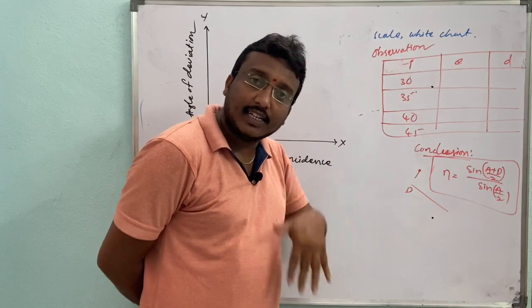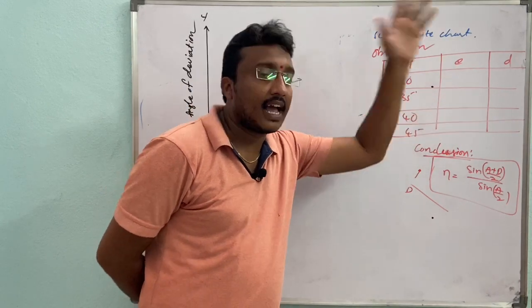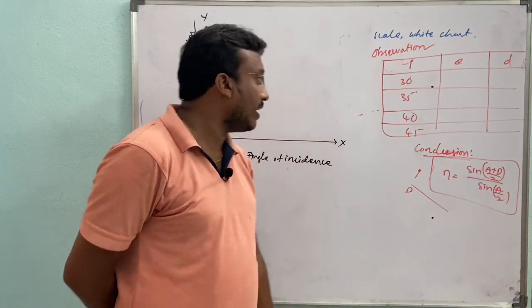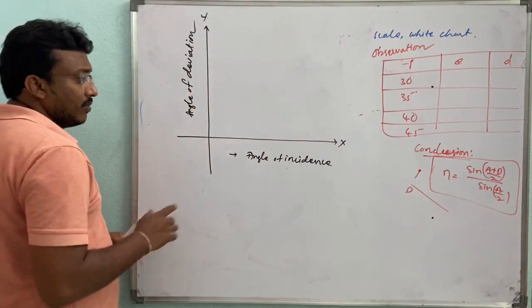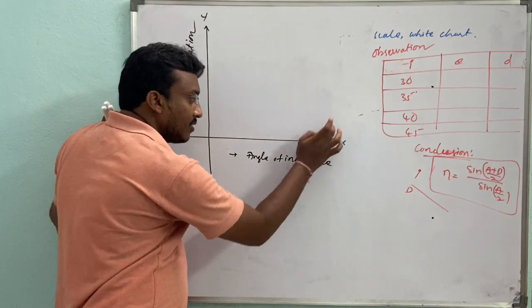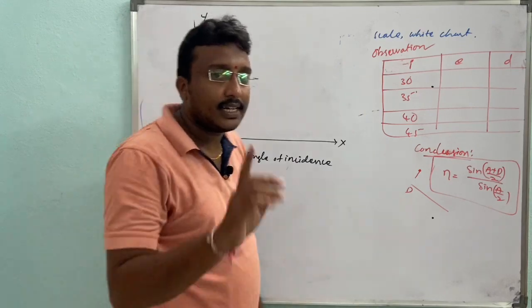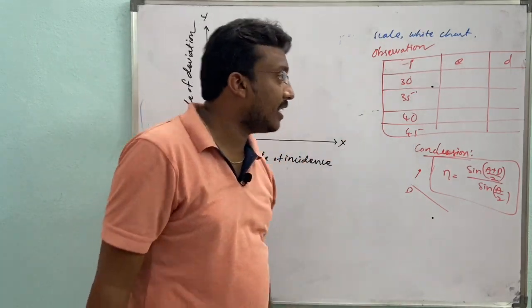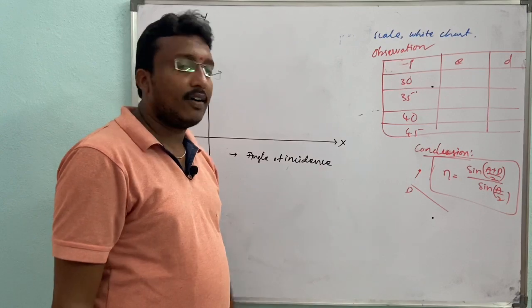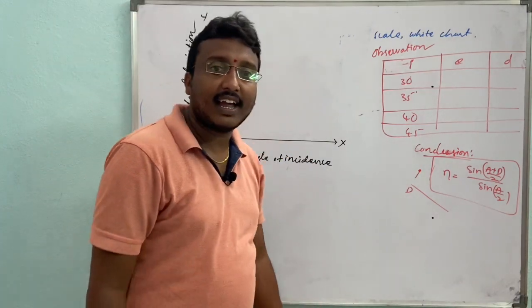40 degrees, that is my wish. That means depending on the angle of incidence, the angle of deviation is changing or not, right. Then here we have to notice it, remember it. Always on the x axis we have to take independent values, and always on the y axis we have to take dependent values. So here the incident angle is independent, and the angle of deviation depends on the angle of incident.